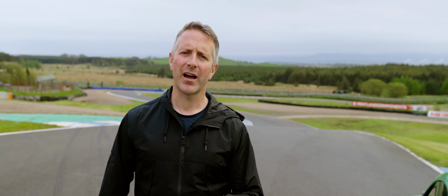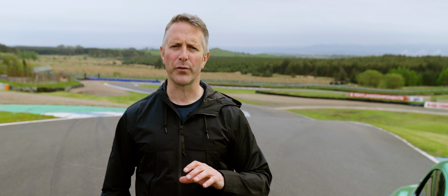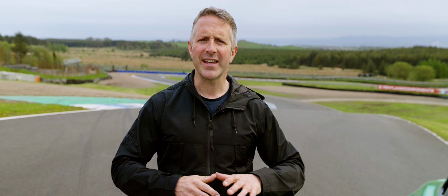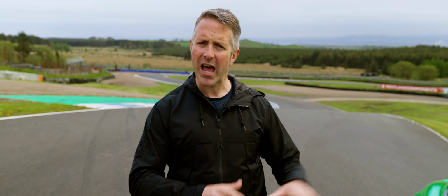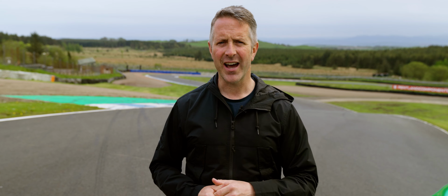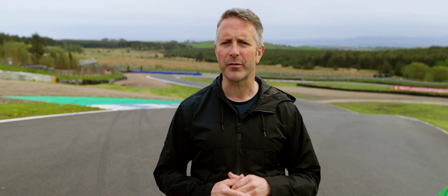Why would you buy a French turbocharged 1.8 litre car in a world that's full of twin-turbo, six-cylinder German and Italian beasts? Well, Alpine, they're trying to cater to a completely different audience. You can't put this car in the same box as the carbon fibre hypercar in the collector's garage that's going to gather dust. And it's also not up against the ringmasters, trying to get that ultimate lap time around the Nürburgring